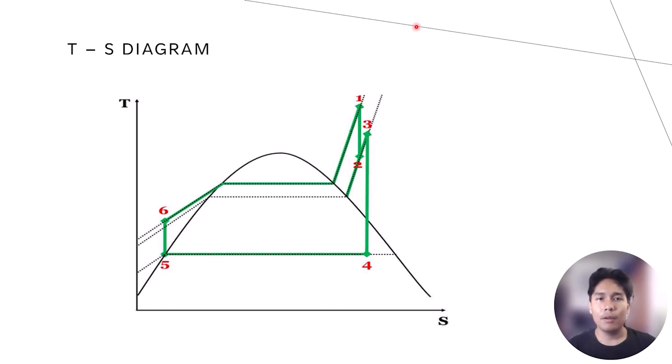So from state 1 to 2, let me draw here 1 and 2. It is a high pressure liquid water pumped from the condenser to the boiler. This is an isentropic compression. Next is state 2 to 3. So in the boiler, heat is added at a constant pressure and water turns into high